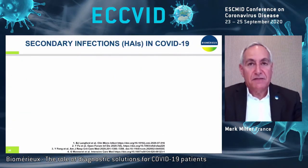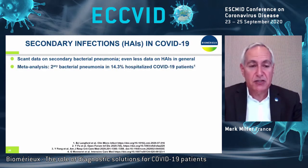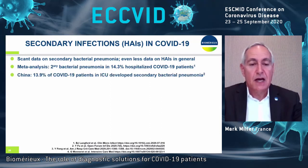What about secondary infections occurring after COVID-19, regular healthcare-associated infections, which we try to avoid, but unfortunately do occur? There's very scant data on secondary bacterial pneumonia in the literature about these patients. A meta-analysis has been done on secondary bacterial pneumonia in these patients, which is about 14% in that one series. In China, it was about 14% of COVID patients in the ICU developed a secondary bacterial pneumonia, consistent with the